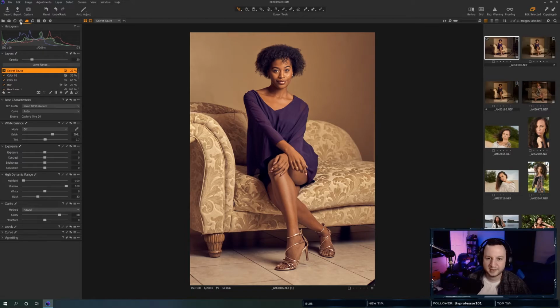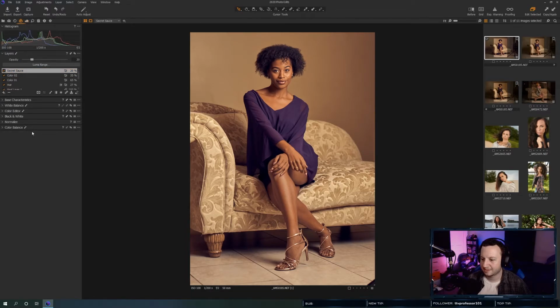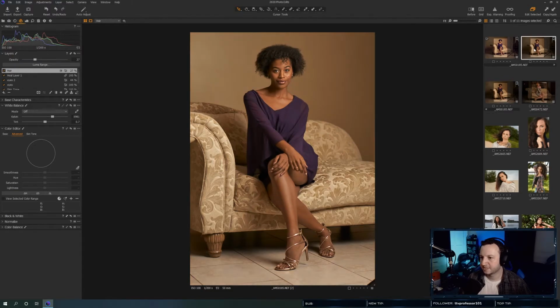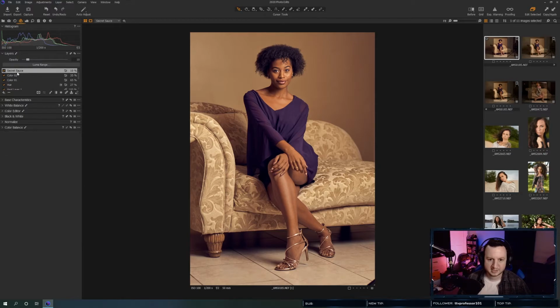Alright, what else? I don't think I need to do anything else to this image, really. I think this is a good, we're about to add a vignette. But I think overall this is a pretty good solid edit, especially for me not doing any real skin retouching. So this is where we started. This was after exposure adjustments, and this is where we're at now. Now I may tone down that coloring, the secret, a little bit. It's just a little too bright. All right, let's see. Let's run a vignette now.